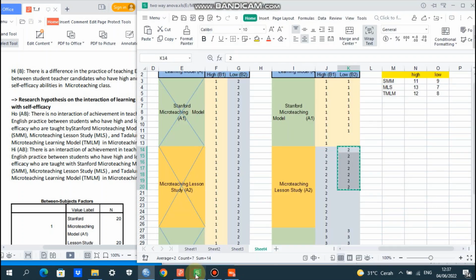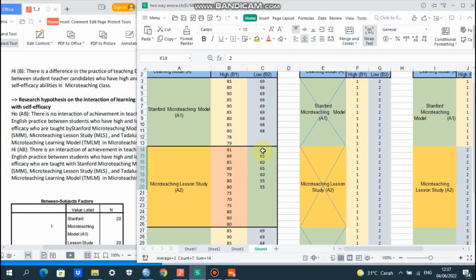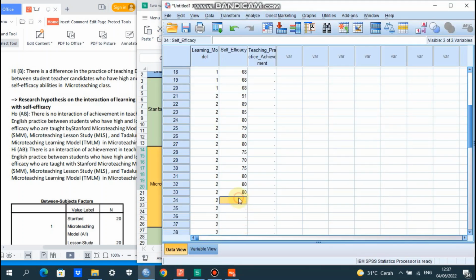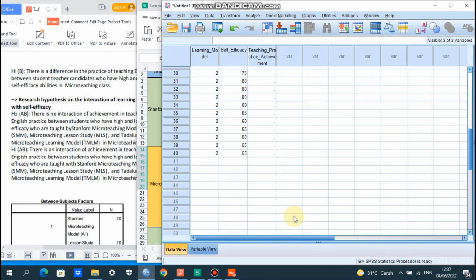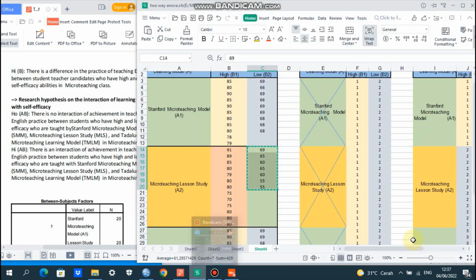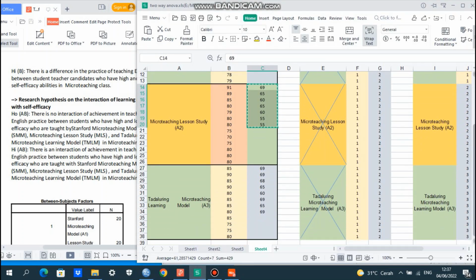And then we copy again the scores of students having low self-efficacy joining micro teaching lesson study. We copy and then paste it in SPSS. Okay, 40 students. And then we go to the next factor, factor 3.